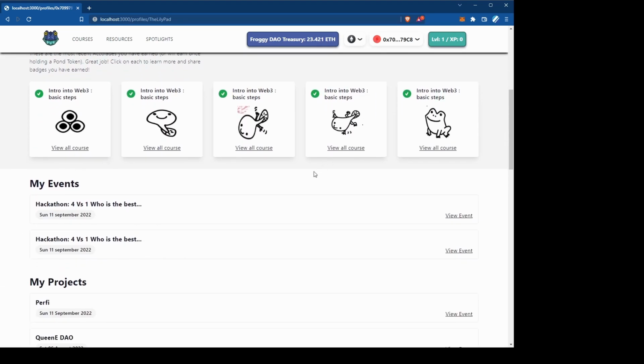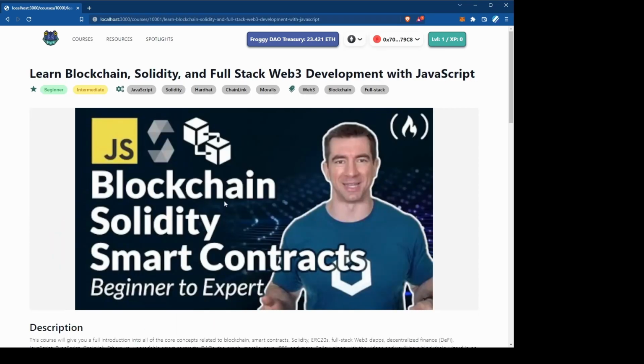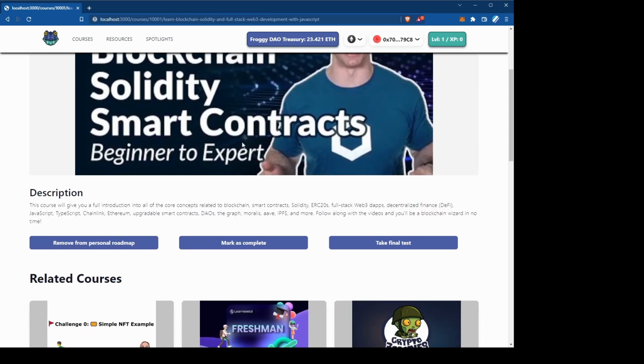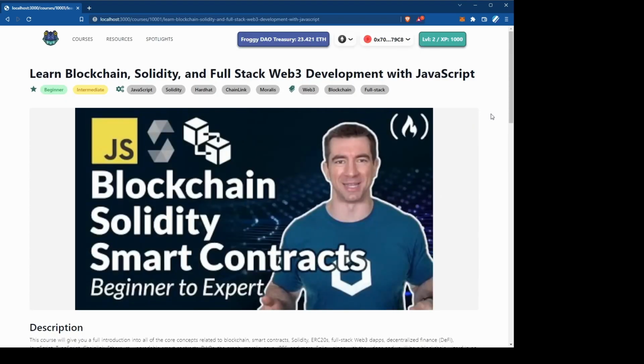From here, we're going to show how the token changes as you progress. So we'll navigate back to one of these course pages, and we're just going to mark it as complete. So regularly, this course would take you months to complete. We'll have tests and methods to authenticate your completion in place, but for now we're going to mark it as complete. And after a quick refresh in the top right, we will see that our level and experience has updated accordingly. Navigating back to the profile,